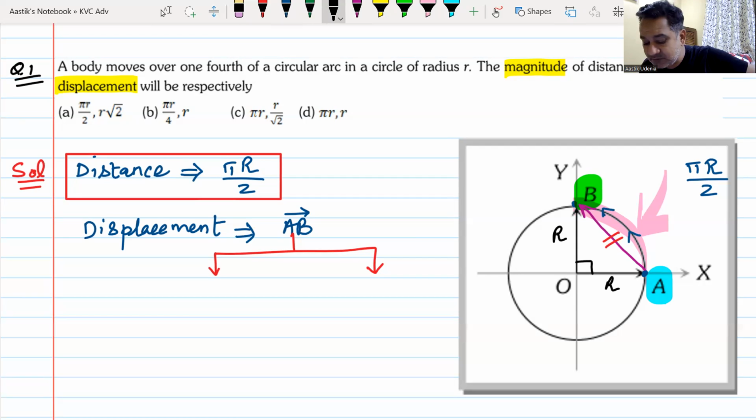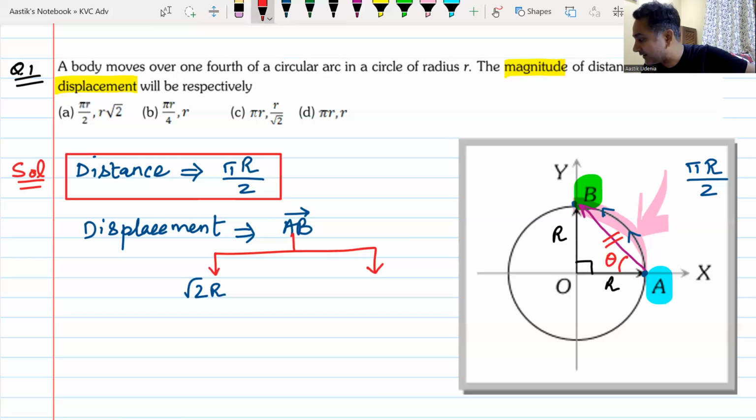Can you tell me, beta, what will be the length of the side AB? R root 2, sir. That is correct. It is root 2 times R, from Pythagoras theorem, right angle triangle: perpendicular square plus base square. And to find out the direction, you have to tell me how much is this angle theta,